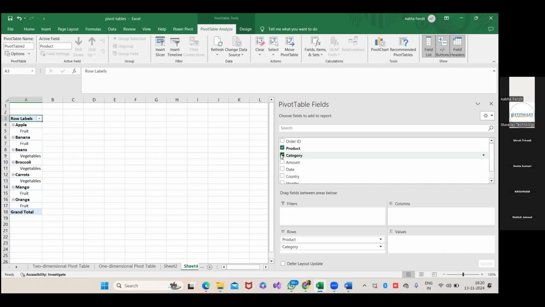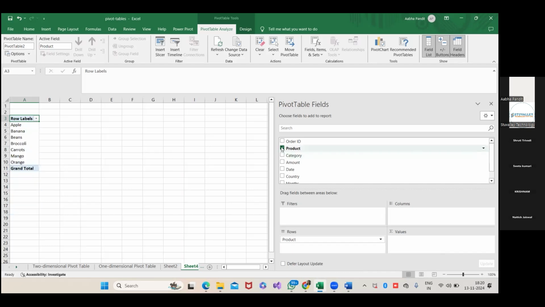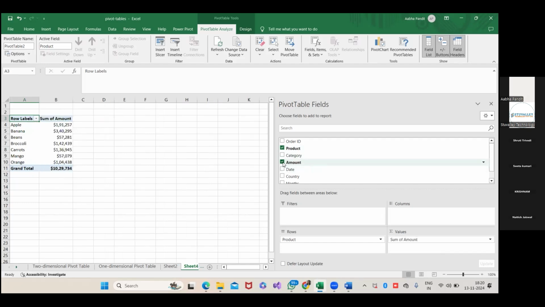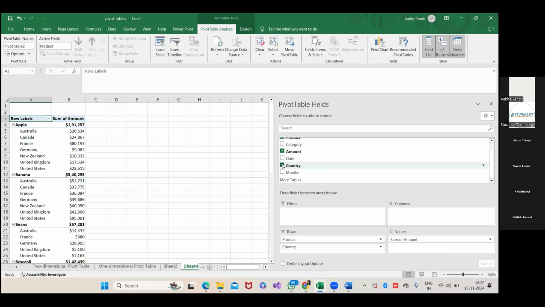So I'm not selecting category, I'm just selecting product. Okay, let's say I'm selecting amount. Okay, and country wise. So I'm just selecting country wise. After that, you can also observe there is a filter option. On the basis of what I want to filter, I can adjust it.